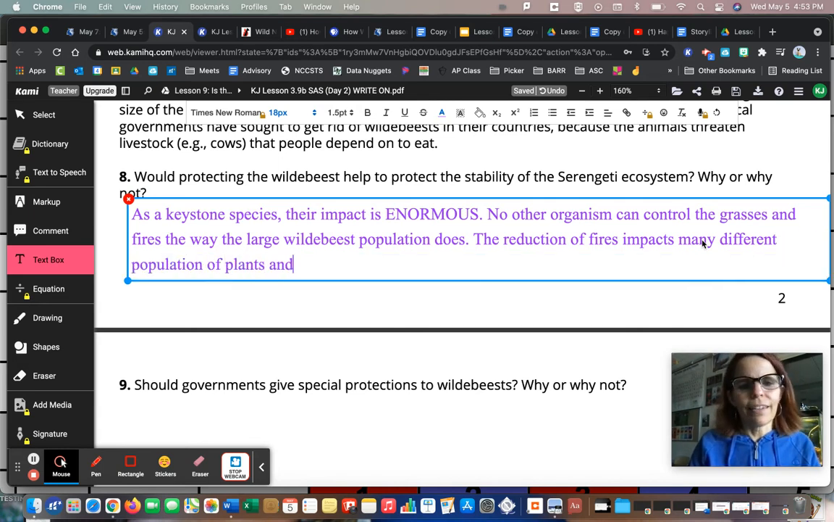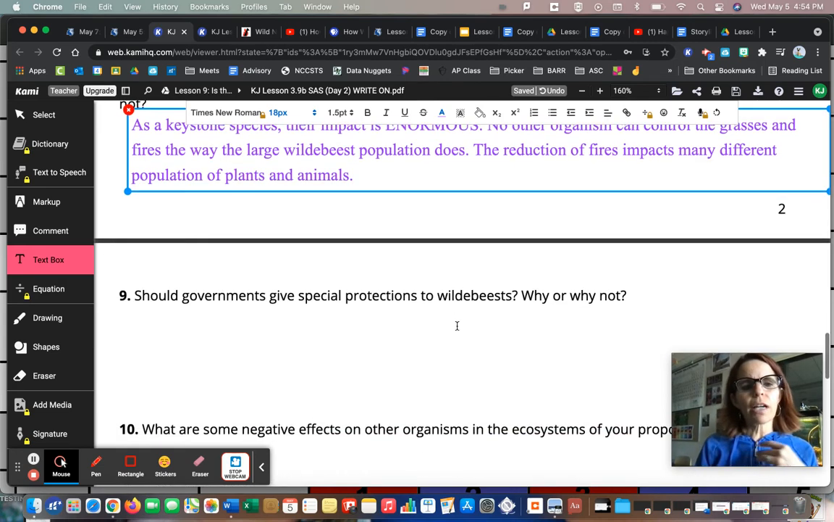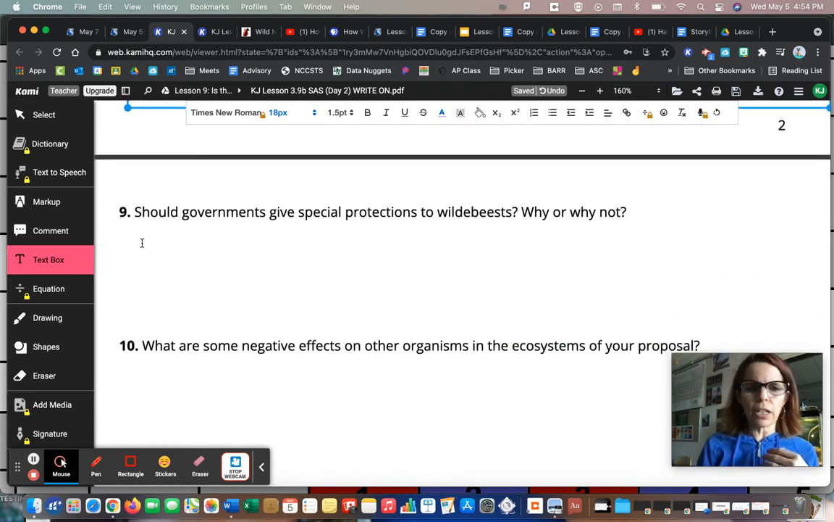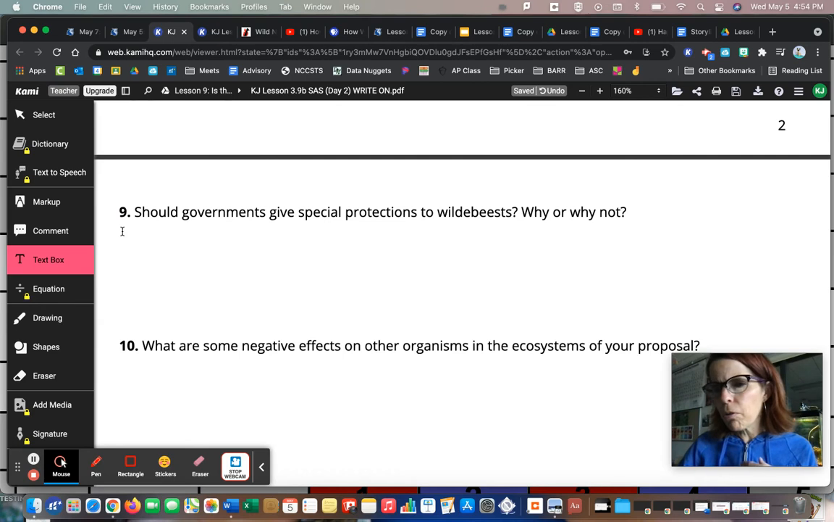of plants and animals. So if we don't protect the wildebeest, if the wildebeest are allowed to have something bad happen to them, it's going to have a ripple effect through the entire Serengeti. We're going to see all kinds of animals having trouble. So then it says, should governments give special protections to wildebeest? Why or why not? Well,